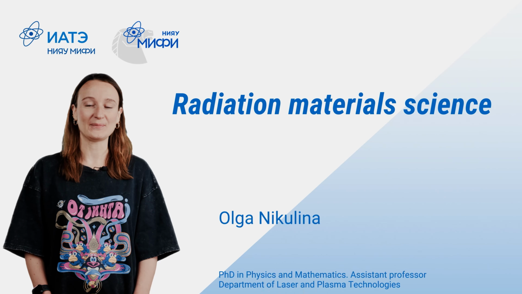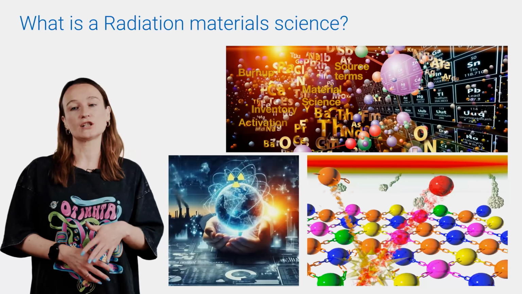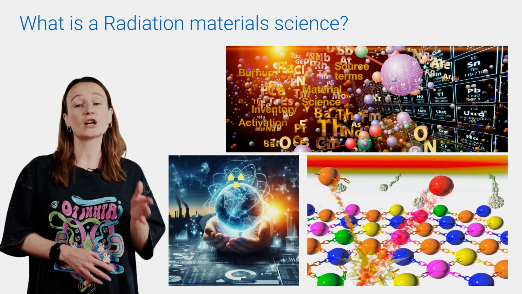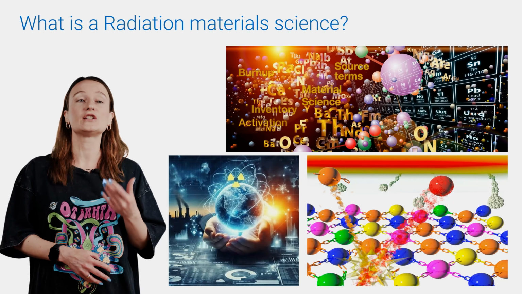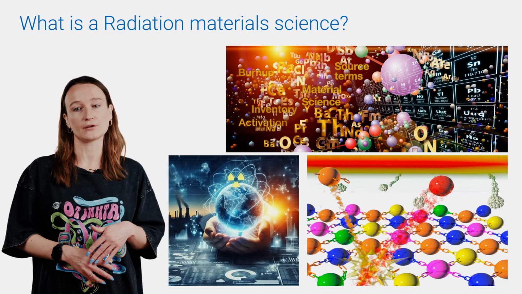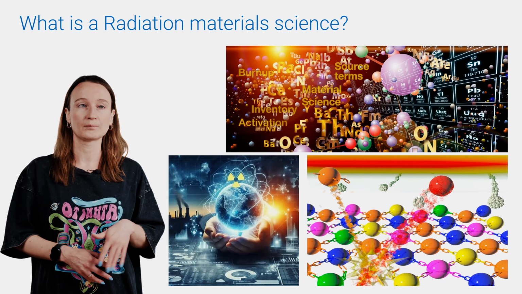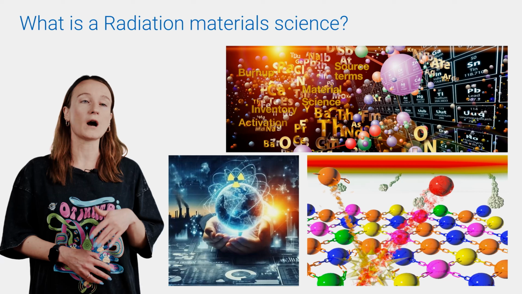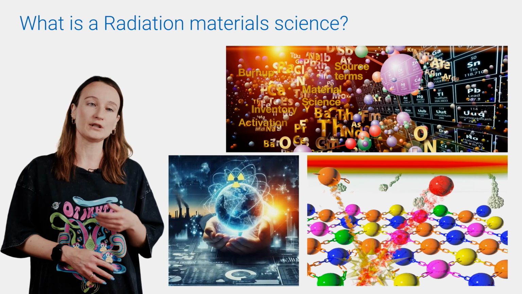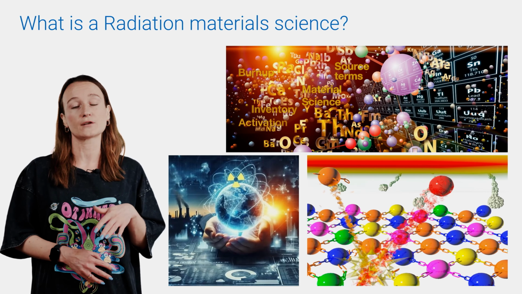Hello! Today we will speak about nuclear technology in material science. Radiation material science is a section of radiation physics. It studies materials that are resistant to radiation, or whose properties can be modified, if necessary, by means of dose irradiation. Such materials are widely used in modern nuclear technology, including manufacture of various structural units and working parts of nuclear